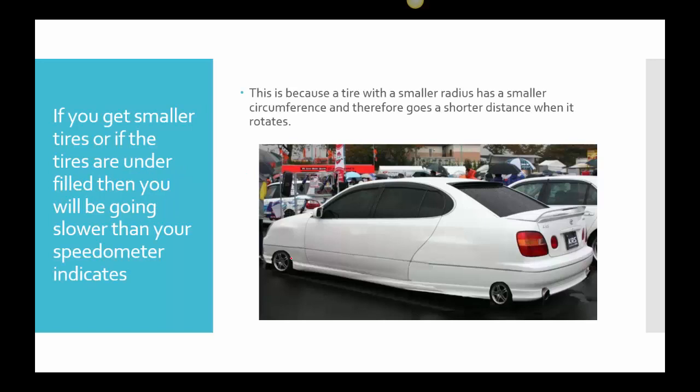So let's say you got a smaller tire, and again, totally found this online and absolutely love it. If you get a smaller tire, or if the tires are underfilled, which happens to us all the time, you'll be going slower than your speedometer indicates, because when it does that lap around, it didn't go as far as it was expecting. This is ridiculous. Like, you don't want to buy these tires, obviously. But you would think that a tire with a smaller radius has a smaller circumference and therefore goes a shorter distance when it rotates. That's why we do want to keep our tires filled up to where they're supposed to be. That way when it rotates and goes around, it's going as far as possible each time,